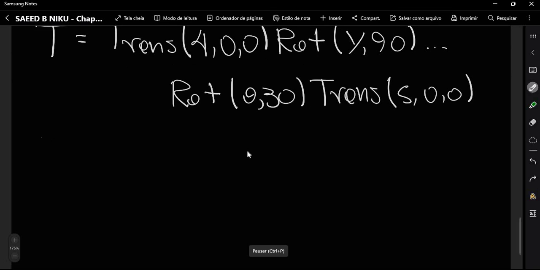And writing this equation in matrix form,